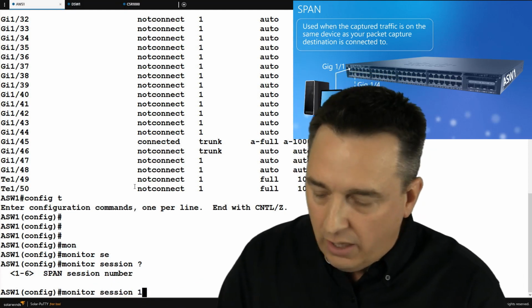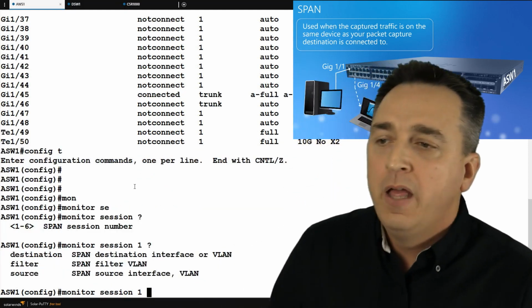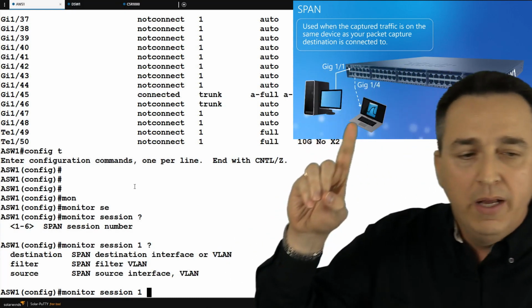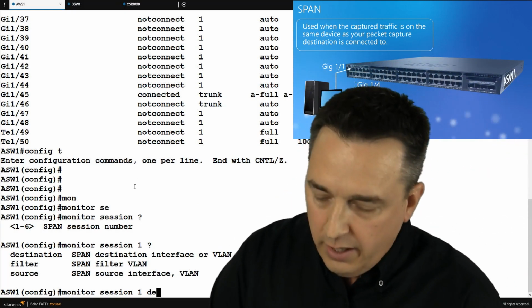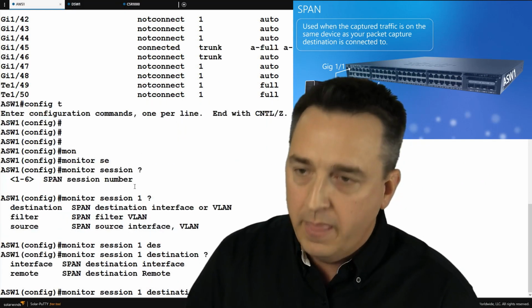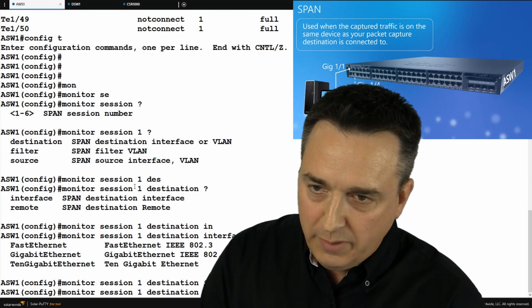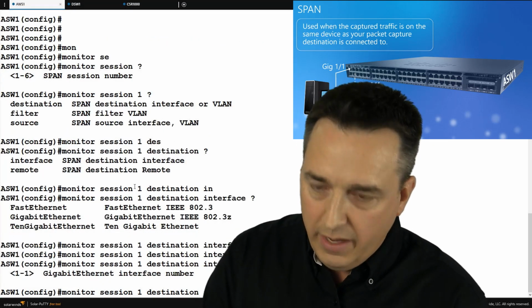So monitor session, I'll just use number 1 right now. And in this case, I'm going to set up the destination first. Let's set up gigabit 1/4 first. So I'm going to type in destination, and then I'll type in interface, and we'll say gigabit Ethernet, and then